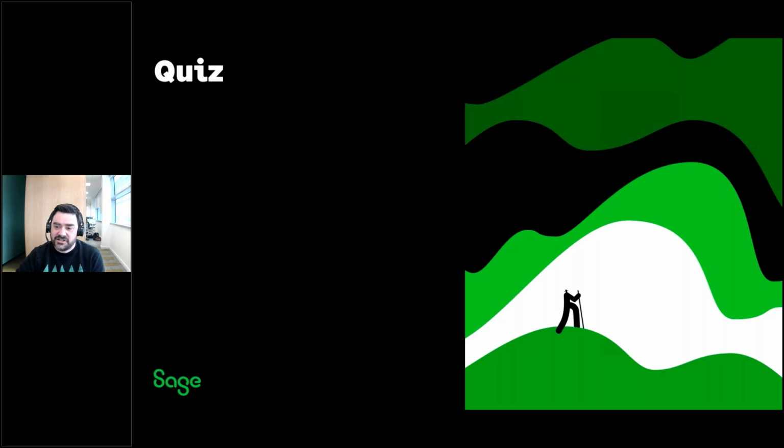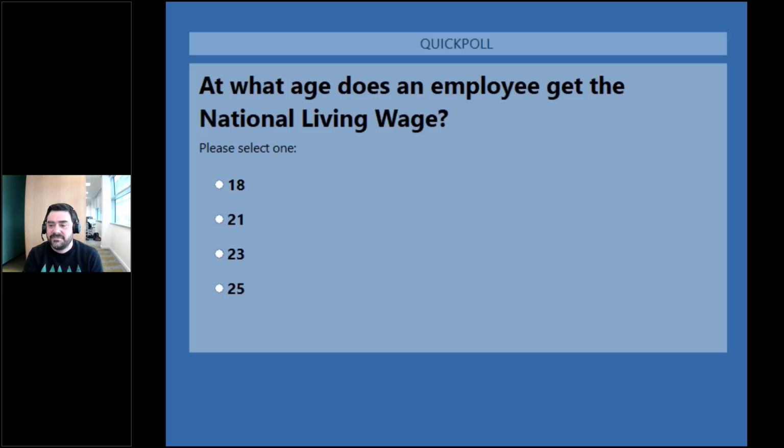And we are going to start with question 1. Nice, easy starter for 10, which is, at what age does an employee get the national living wage? So I have given you 4 options to choose from. Do employees get the national living wage at the age of 18? Is it the age of 21? Is it aged 23? Or is it aged